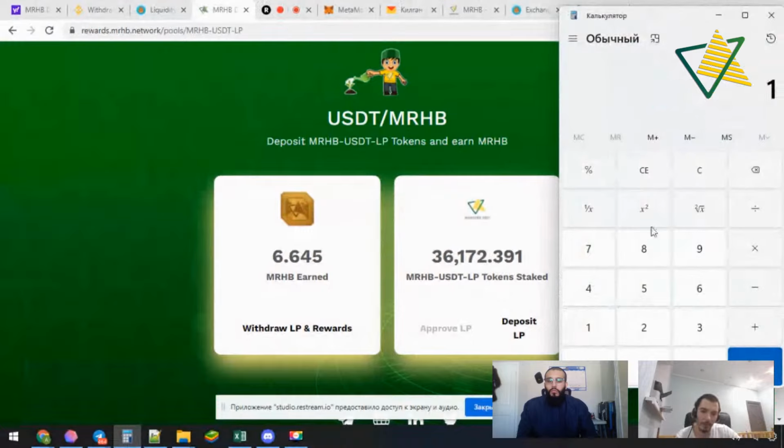So now I have 18,000 of USDT roughly. And if I earn 2,000 MRHB, our price is something like 0.55, right?